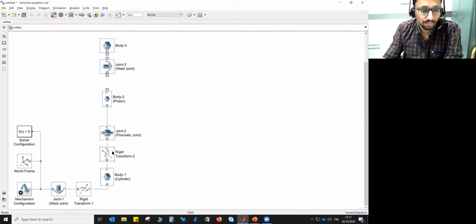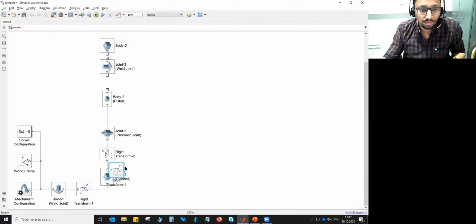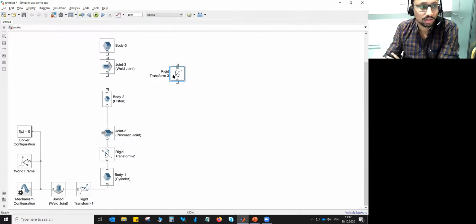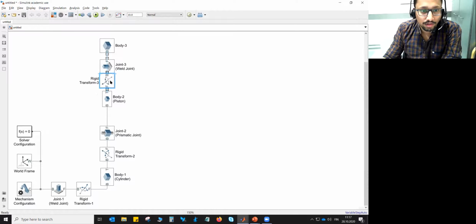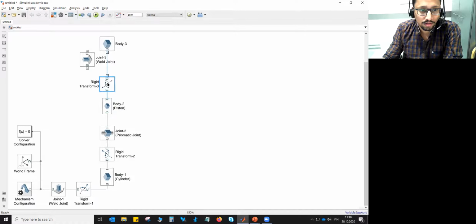Let's not make the connection yet. We need rigid transform, another rigid transform. It's fine to use the same rigid transform as the first one till the time the follower frame is connected to the cylindrical part of the body. So basically this piston. So let's orient this such that follower frame is connected to the piston. I think I mixed up with the connections. Just a minute, I'll make some space. Yes, that's fine.